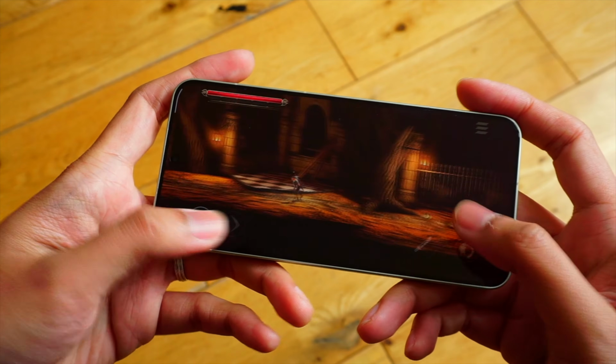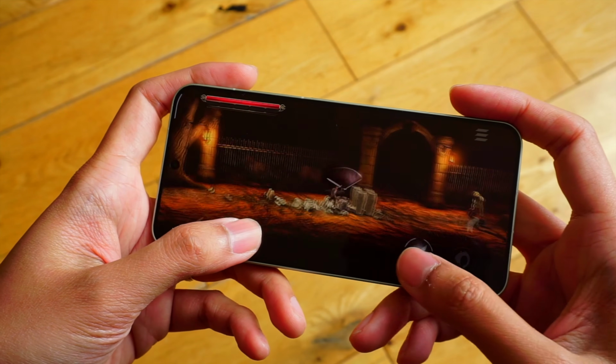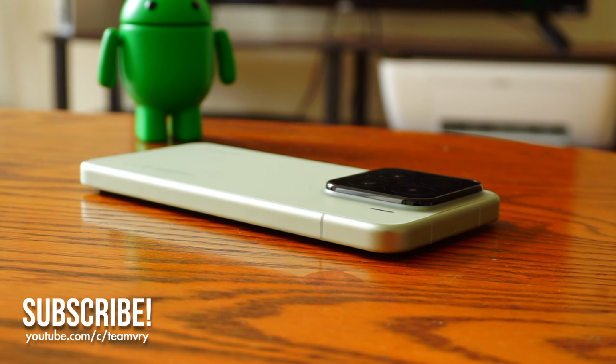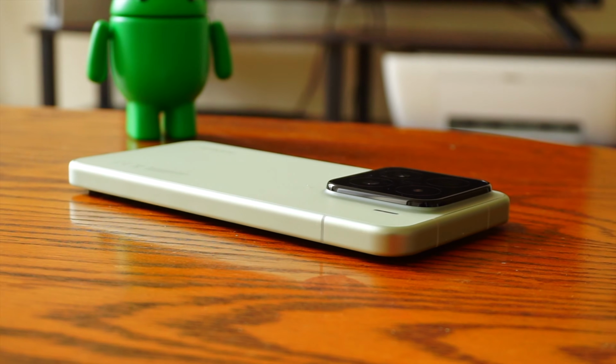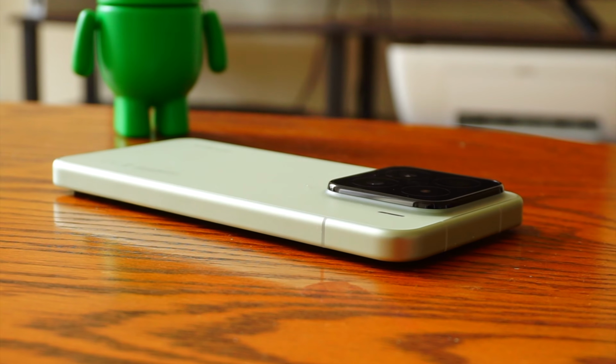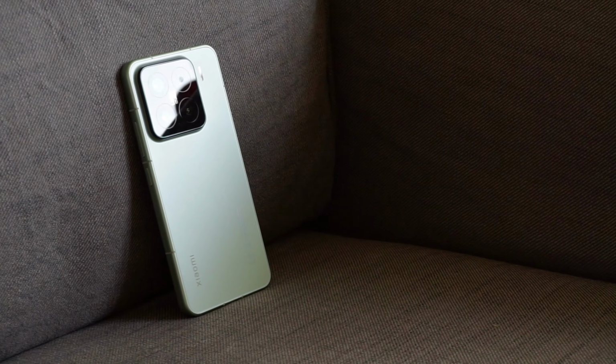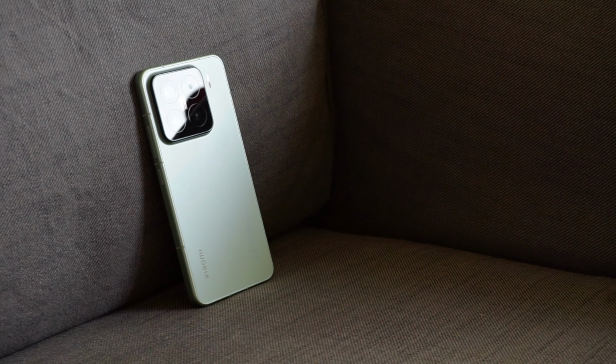Alright, so when it comes to high-end smartphones, Xiaomi is certainly no stranger to the category. Xiaomi has pumped out some of the most technically impressive smartphones that we've seen in recent years, and the base model Xiaomi 15 certainly falls within this segment. With that said, no device is perfect, so what exactly can you expect if you decide to go for the